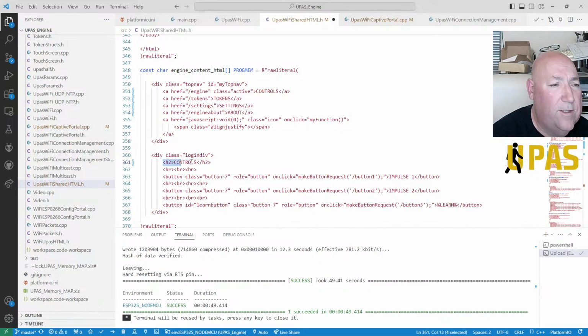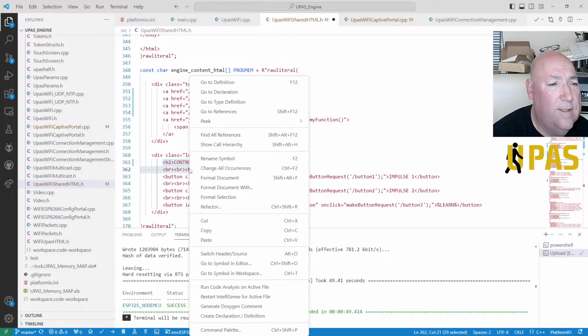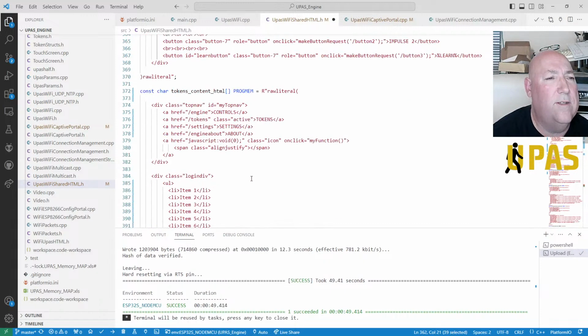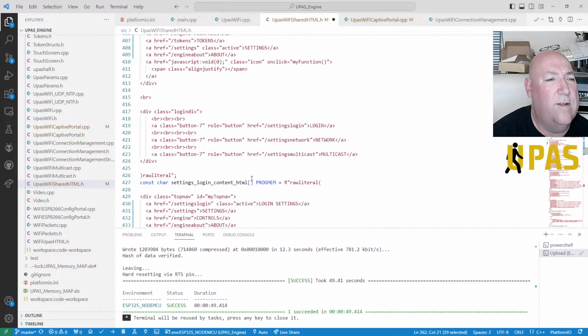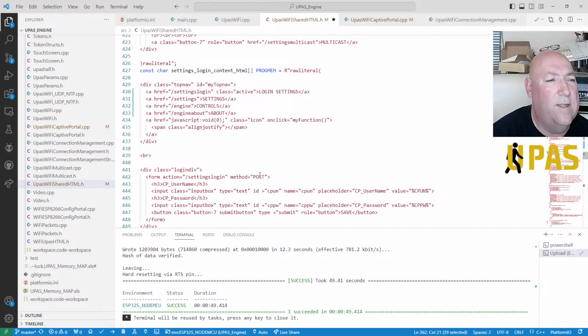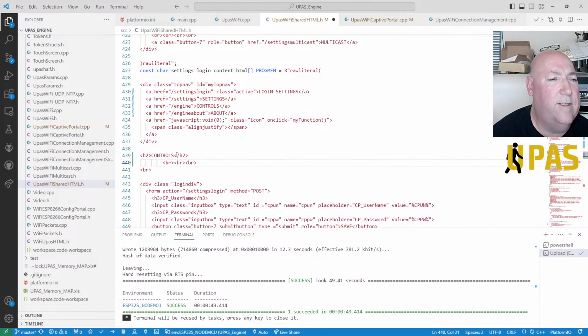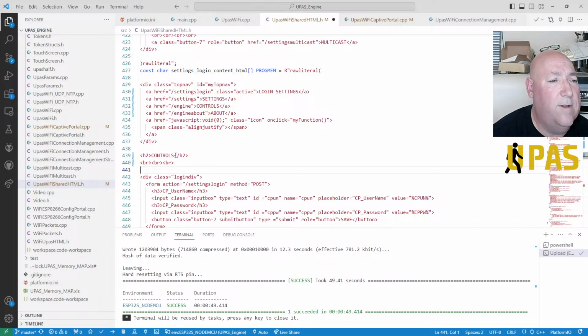Right, we want this H2 bit and that going down into settings. No, not that one, settings login. So just here we've got our div. So we'll have that one there. Get rid of that. So we're going to call this, it's under settings.